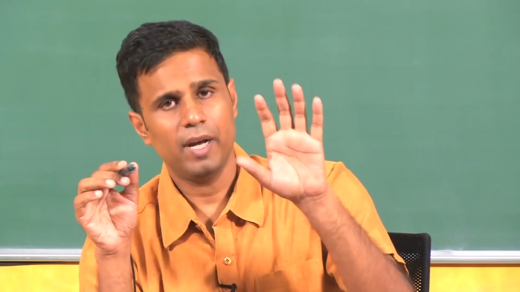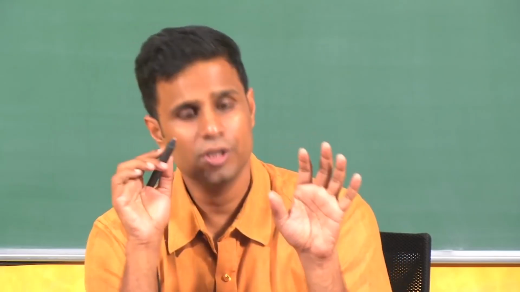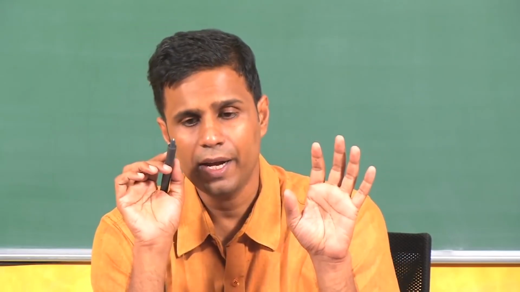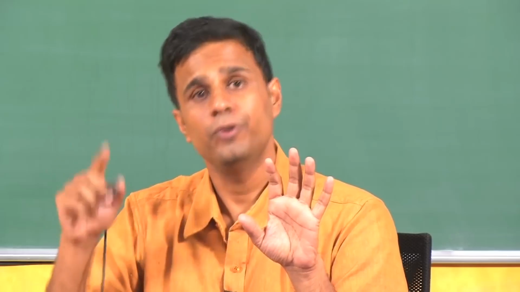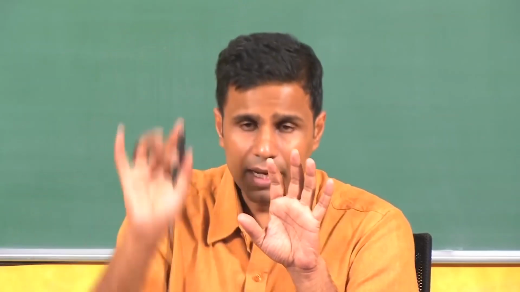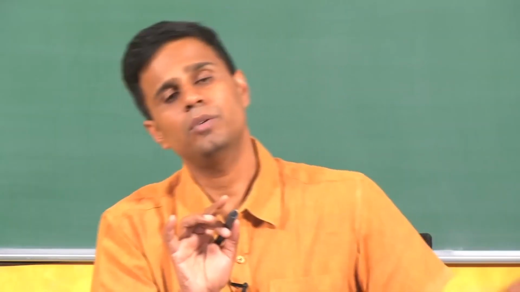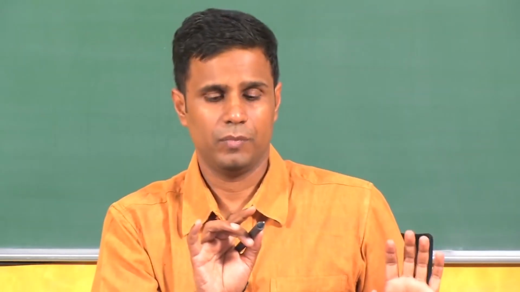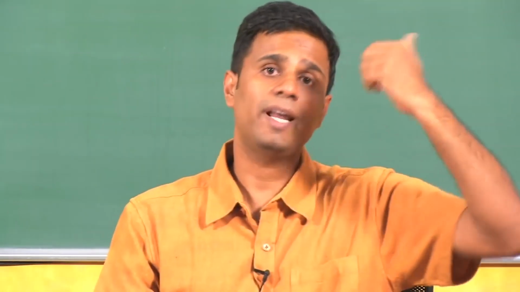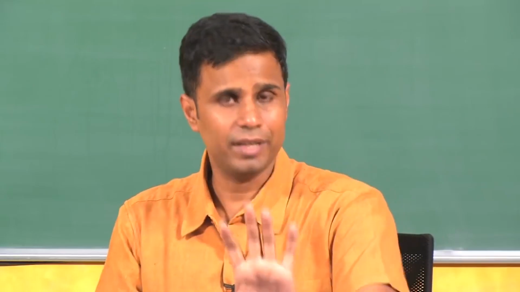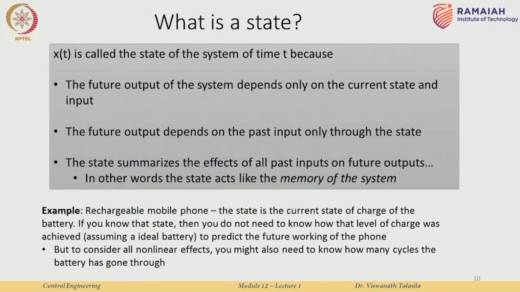So, you have a system, I have modeled it by the so-called states of the system, and the future output of the system depends entirely on the current state and whatever input I give in the future. Okay. So, I do not need to worry about what happened in the past, I only need to worry about the current state,